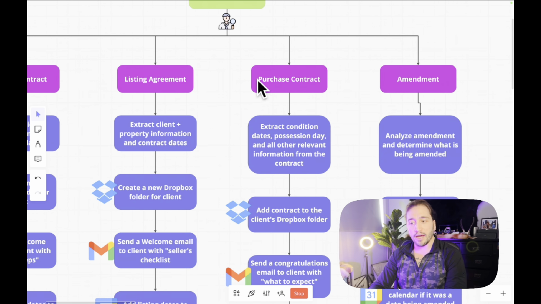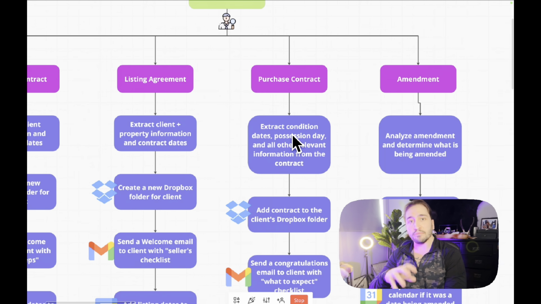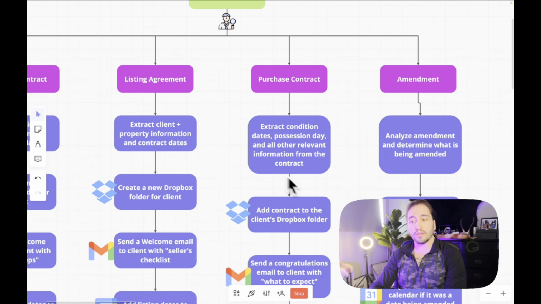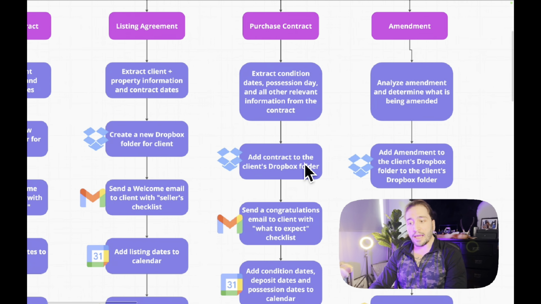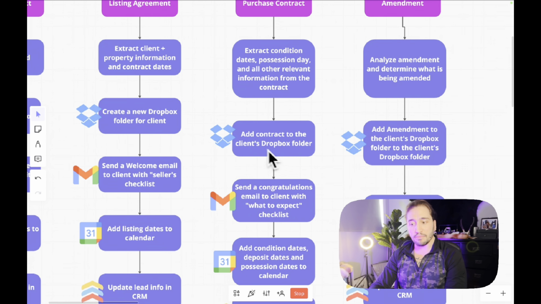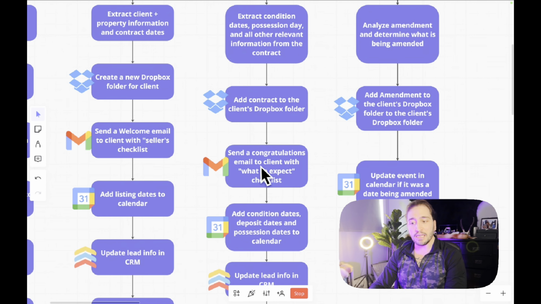So for example, if you had a purchase contract, it's going to analyze the contract and it's going to extract condition dates and possession days, deposit dates, all that important information that you normally take out of the contract, or maybe your admin person or your personal assistant reads the contract and takes that out. And then, same kind of thing. It's going to create a folder for them. It's going to send an email to the